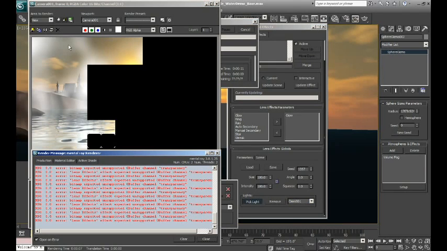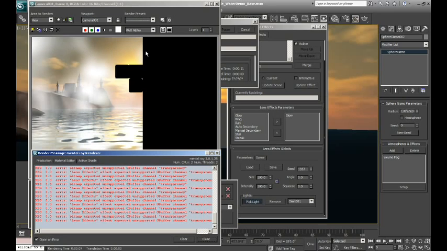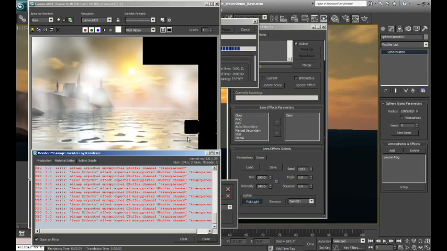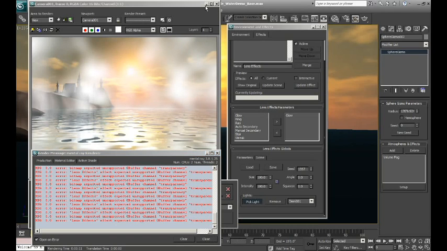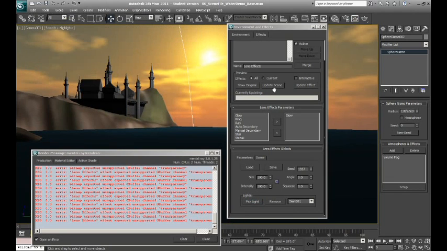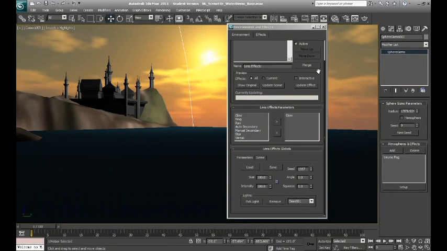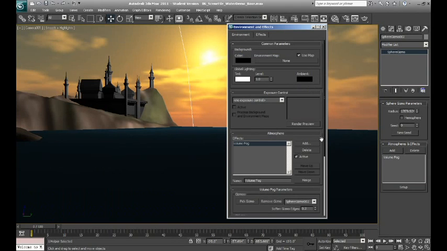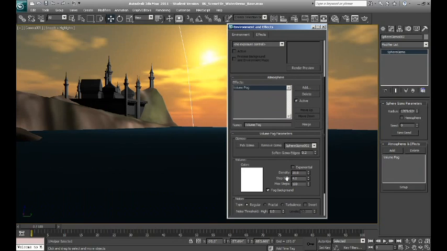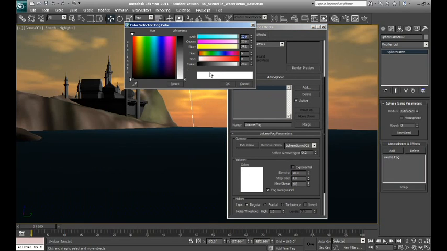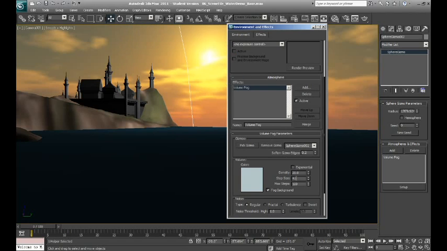Now, as you can see, this is giving me some fog in here. It's very bright and light and unattractive, but you can actually see it in the render scene. So the way that we can modify that is to go to environment and change the color and density associated with the volume. So I'm just going to take that down, perhaps add a little bit of blue in there, and make sure that it's still nice and light, but I'm also going to take down the density